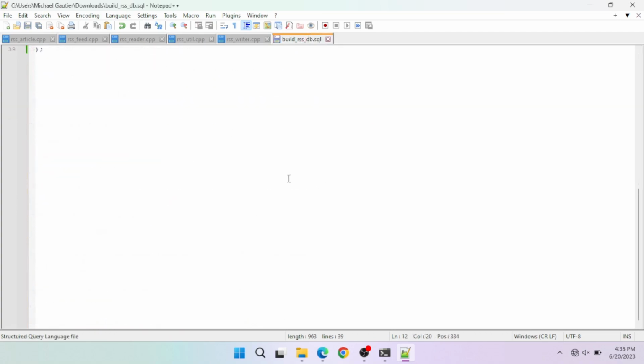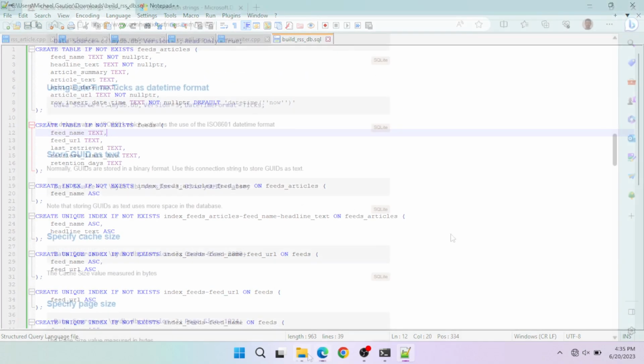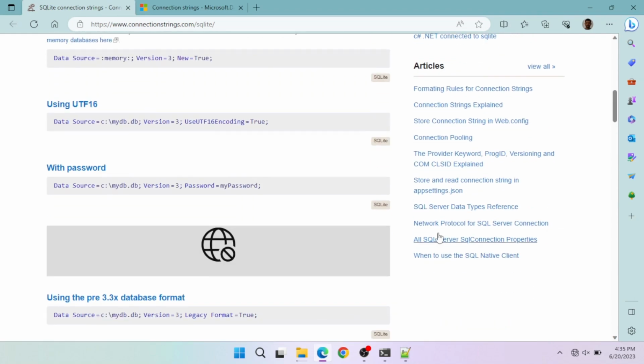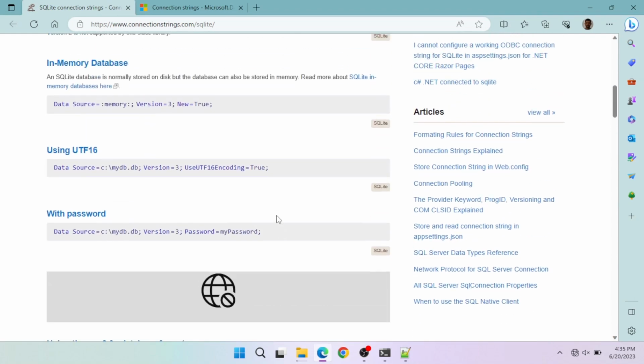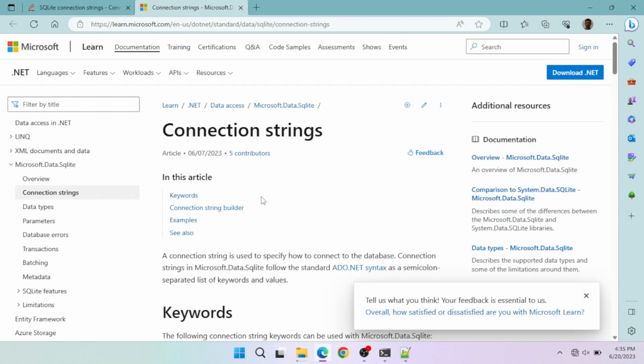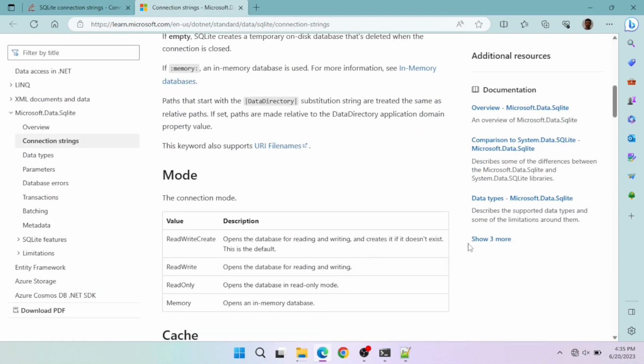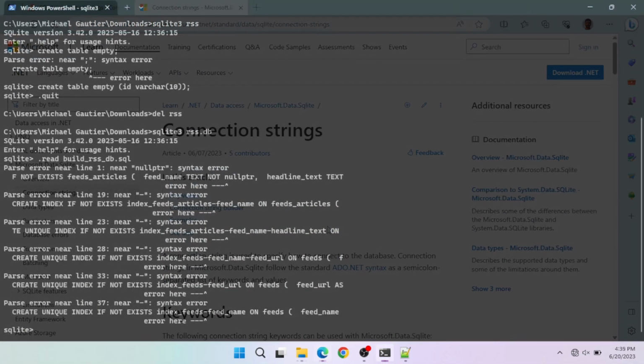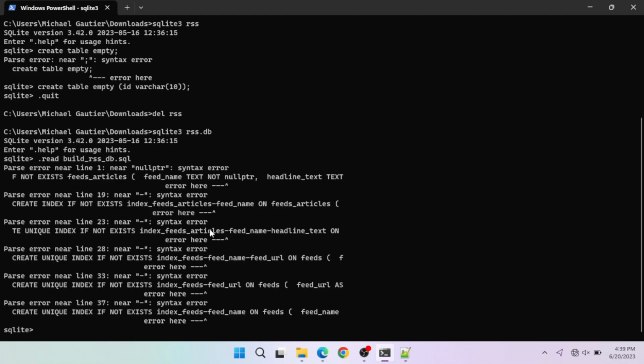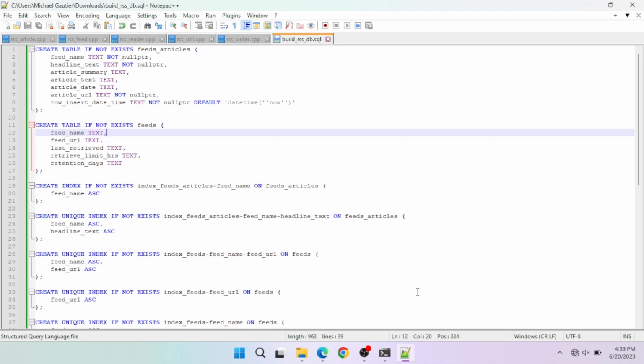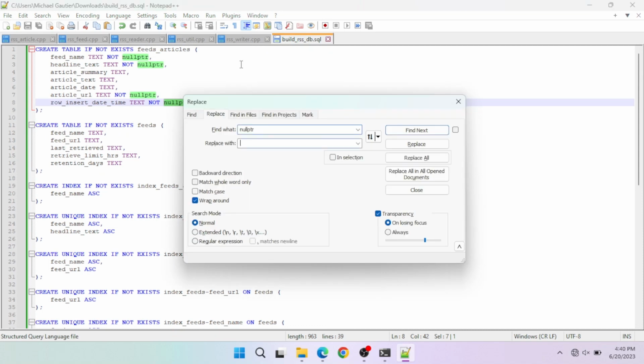Also, I wanted to look at connection strings, right? And so there are websites out there that show you all the different connection strings that you can use to access various databases, including SQLite. And so I want to run this SQL through the command line because that is going to minimize the copy and paste back and forth between a text editor and the command line in this particular case, and streamline things